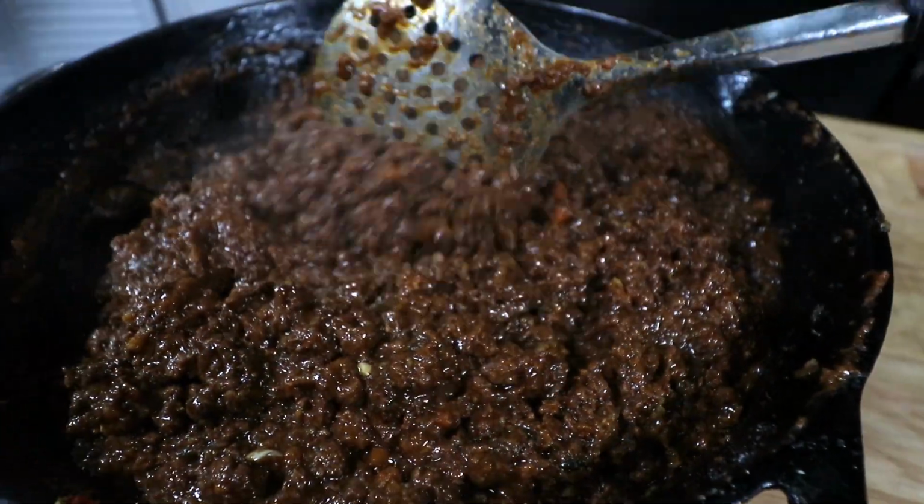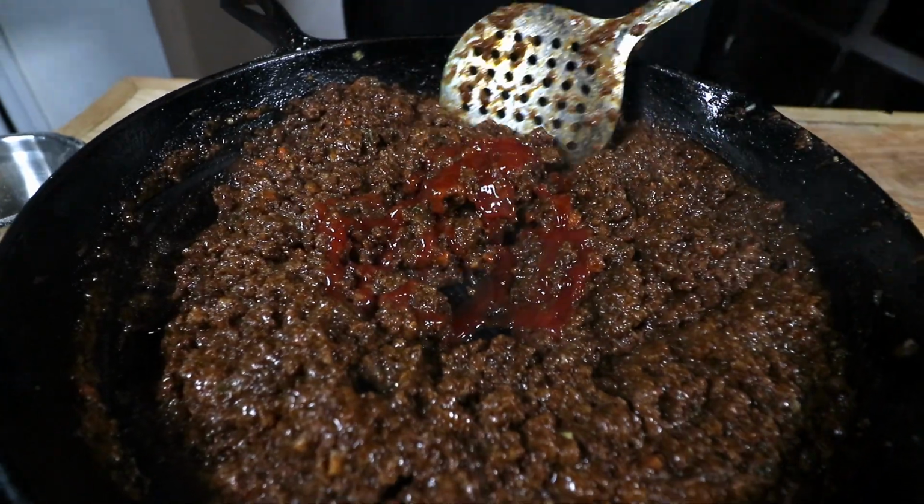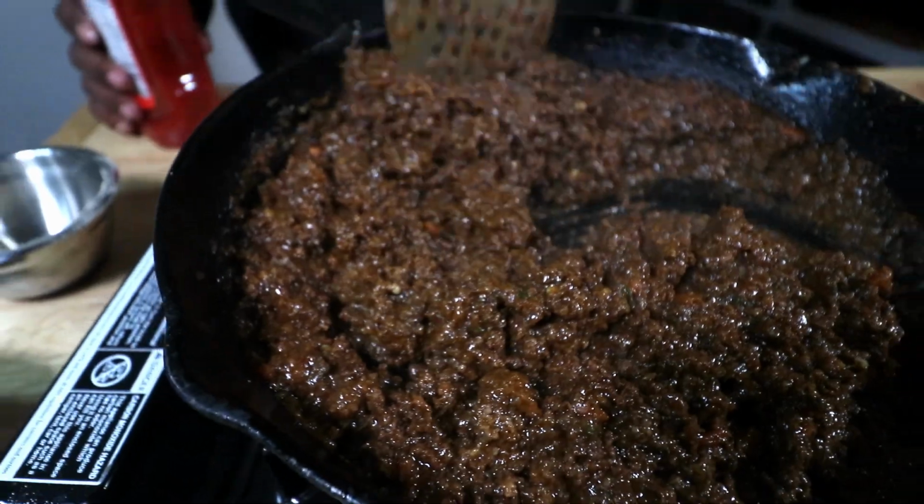The last addition we want to add to this is ketchup. That's gonna add a nice sweet acidity to it with that tomato, and after everything is delicious and settled well,